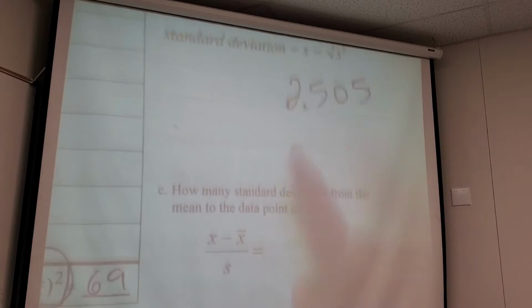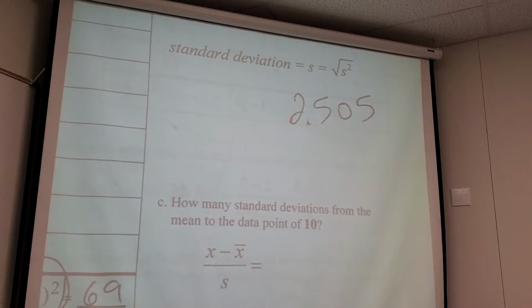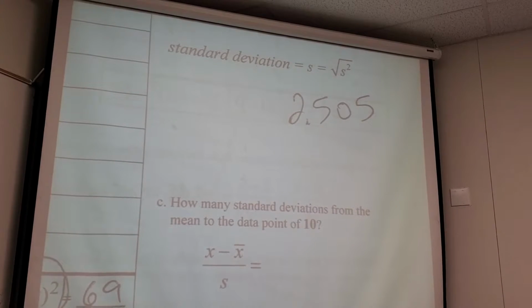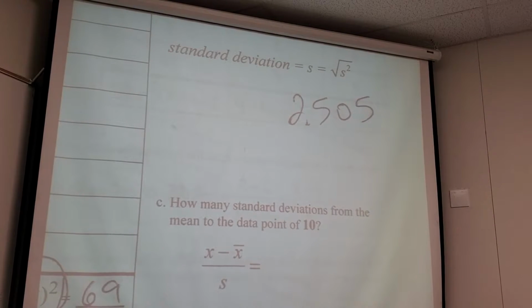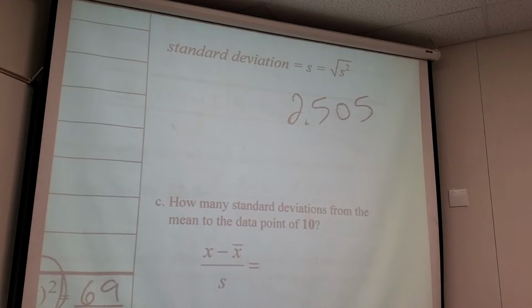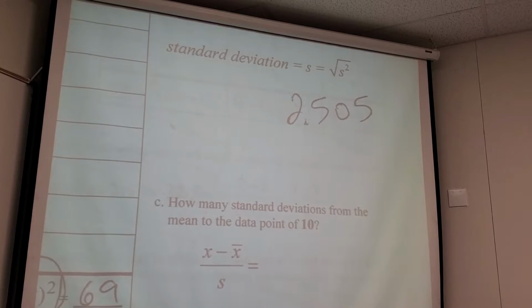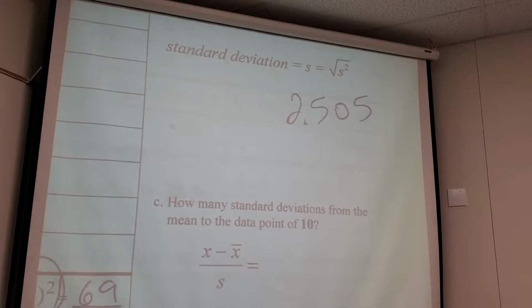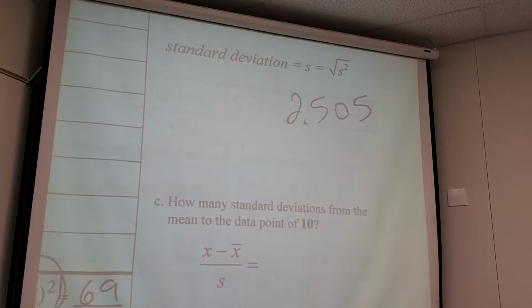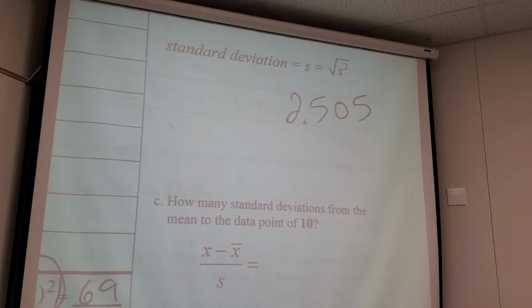Now, what I often reference standard deviation as is steps, how big each step is. And it will eventually make more and more sense. But right now, if my data is really spread out, if my data looks like this, wow, I want to take kind of bigger steps to get around it. But if my data looks like this, and if I take that same big size step, I'm going to miss most of the freaking data if I take that big of a step. Standard deviation is a relative